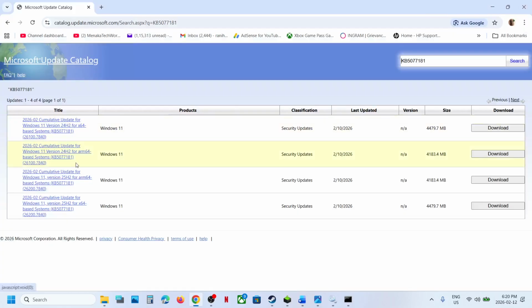Now over here for me it's Windows 11 version 25H2 x64 based system. This is the right one for me. And if you have Windows 11 version 24H2 x64, then this is the right one for you. For me this is the right one. Now click on download